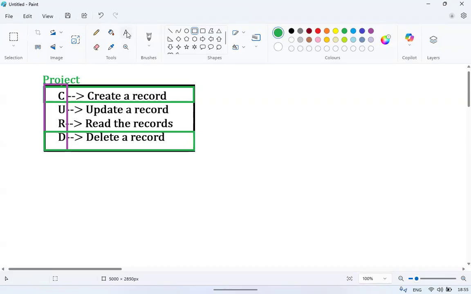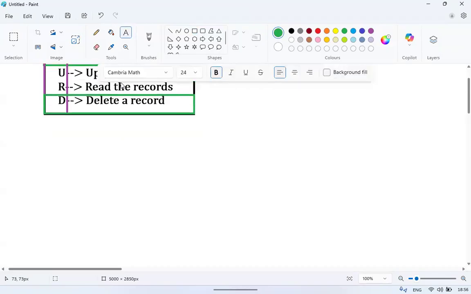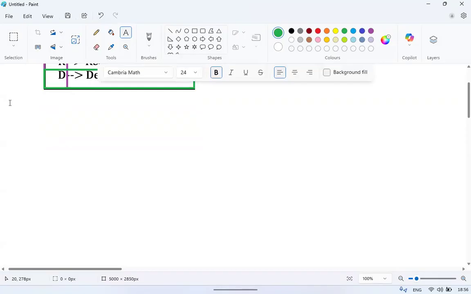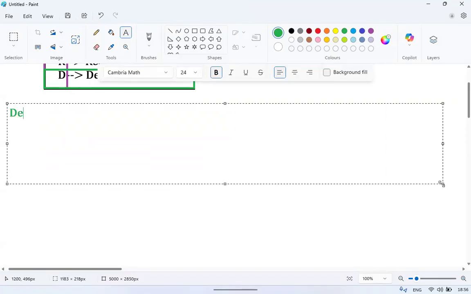Now to delete a record, we need to have two things, guys. One is an HTML form to delete a record. Are you following, guys? Right. To delete a record, again we require two things. One is an HTML form. Another one is